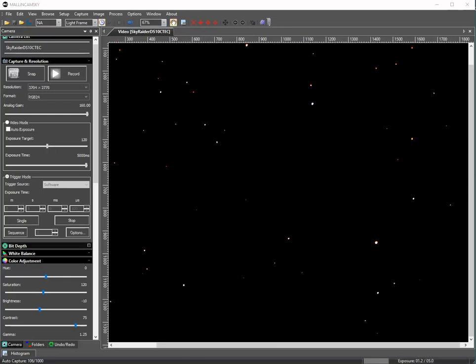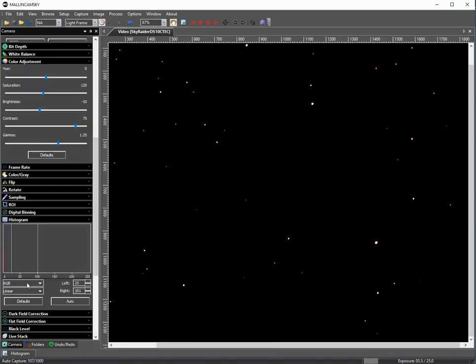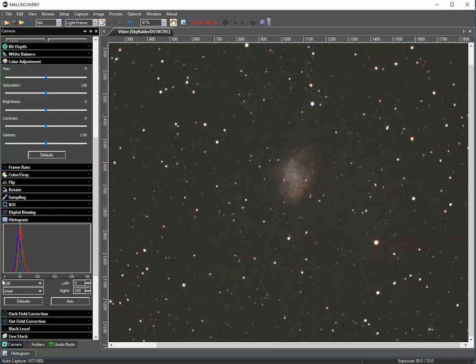Okay, let's see. Go into exposure time stop. Let's go with 20. Let's loop 25 seconds. Default histogram. Default color adjustment. And let's see. Okay. So that's a single